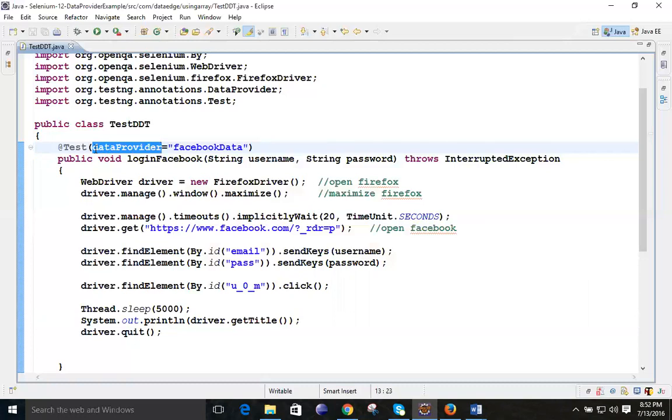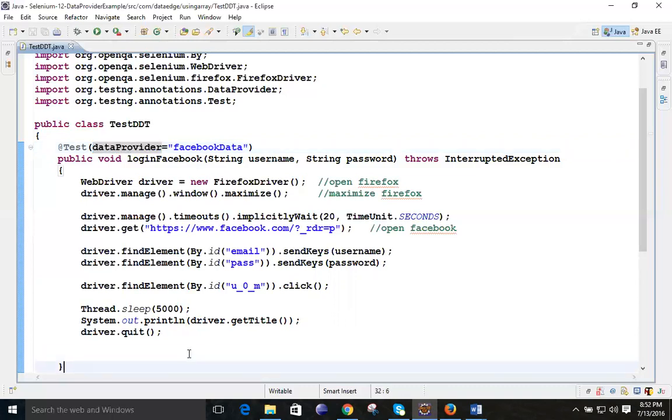Make sure this data provider should be the small data, because this is the parameter it is going to ask. Now it will ask from where you want to take the data. Suppose you are taking the data from somewhere, so how will it connect to each other? Now it is asking for the data provider, and it will ask for the data from some.